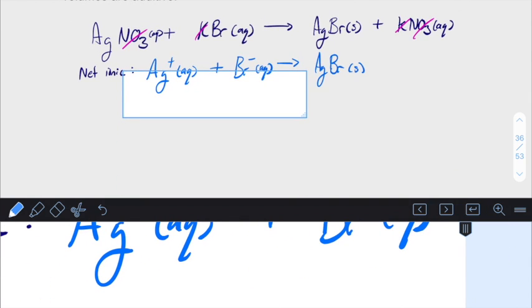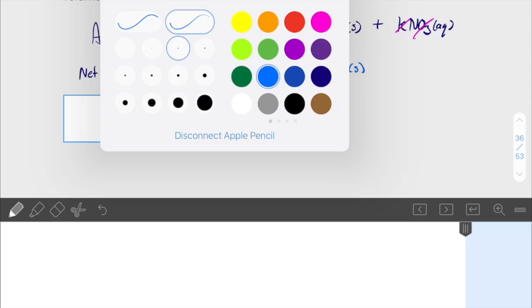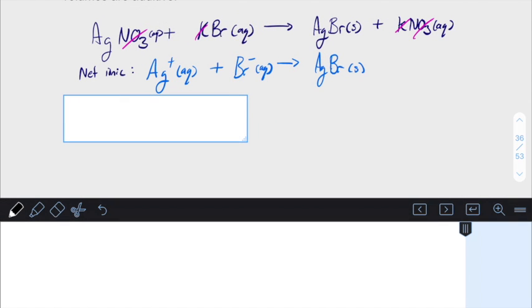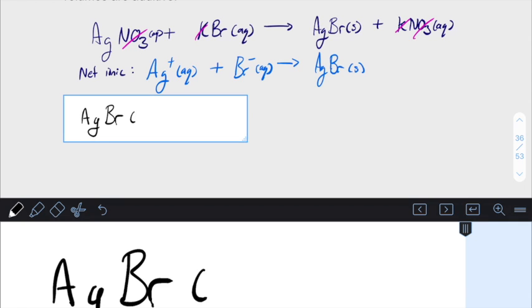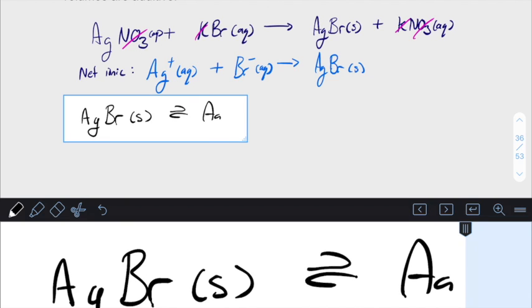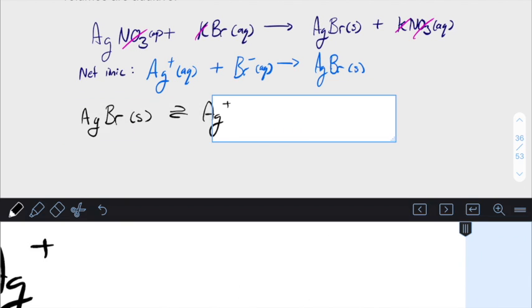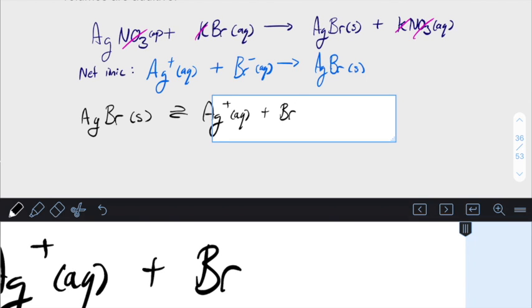We know now that net ionic equations are okay, but we are going to use a flipped version and say, hey, you know what? These are actually equilibria. So let's draw out that equilibrium here in the proper orientation. So it's